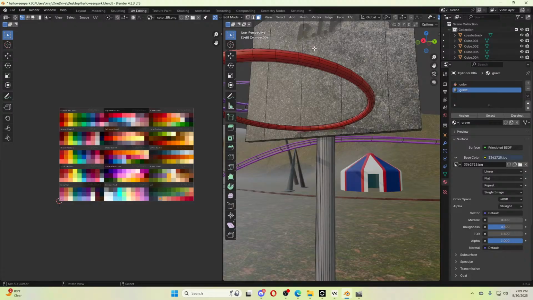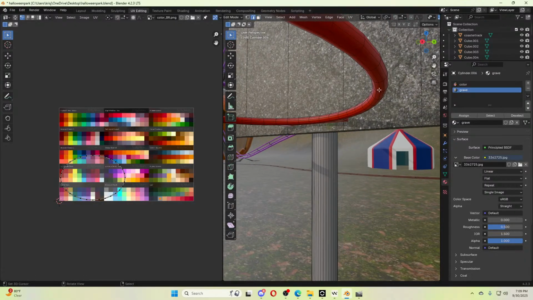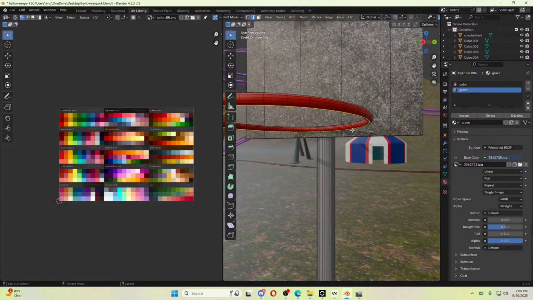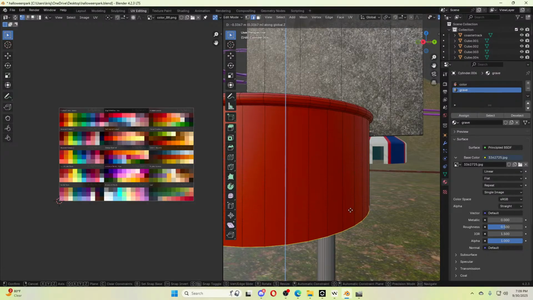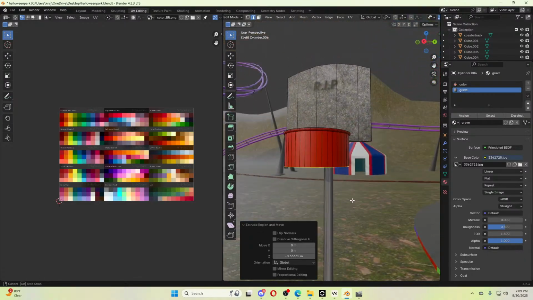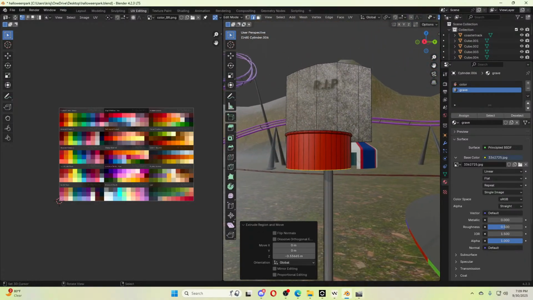So now what I'm gonna do is I'm gonna just select the line. So press this little line for edges. Then we're gonna do Alt and then press that line. It'll do there. And then we're gonna go extrude. And I'm just gonna press E and Z. Goes down a little bit to about there. And then I am now going to